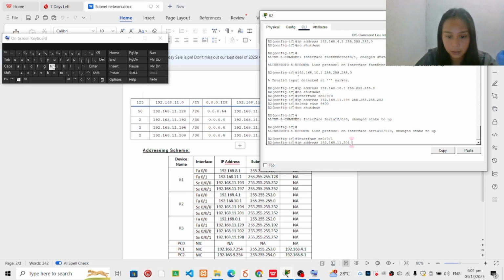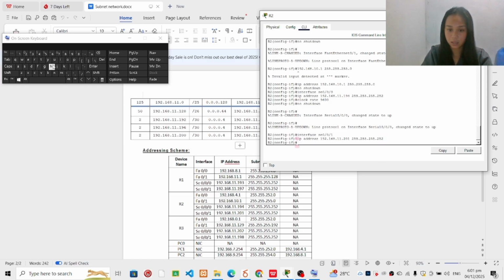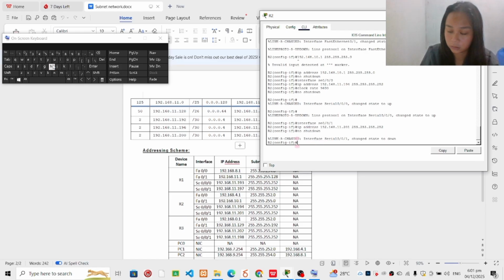Then the subnet mask is 255.255.255.252. Then enter, and then no shutdown. Then exit. Next is the IP route